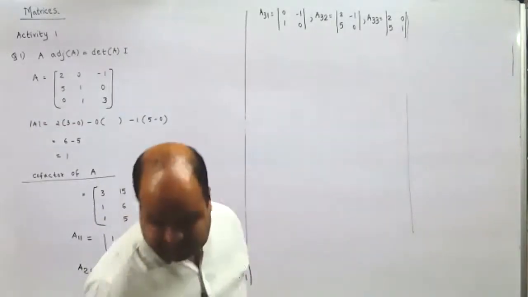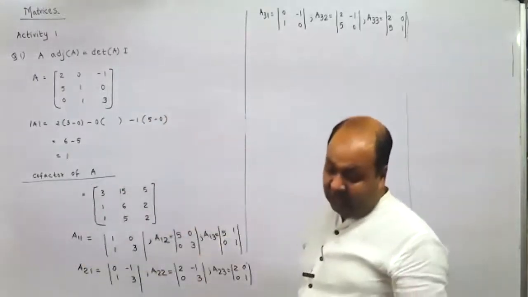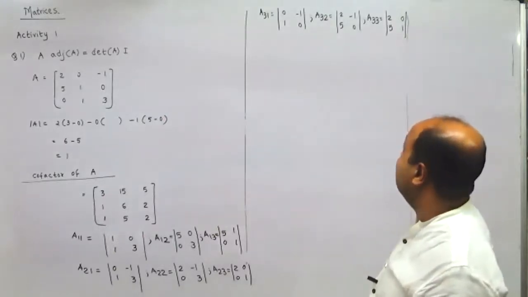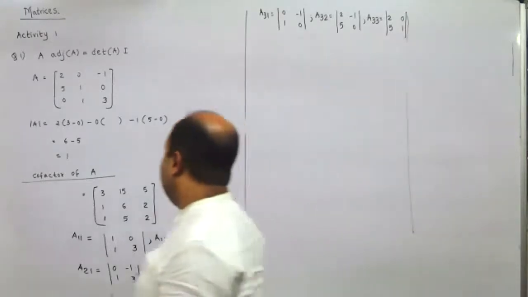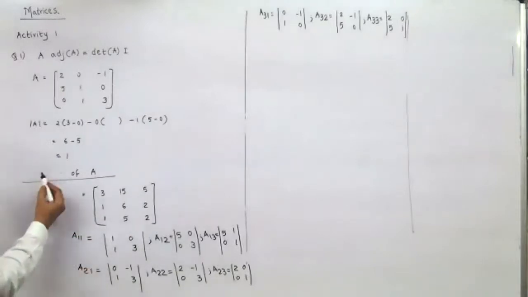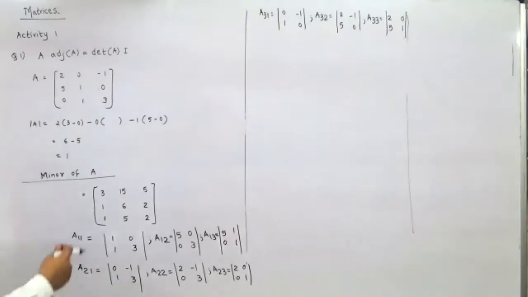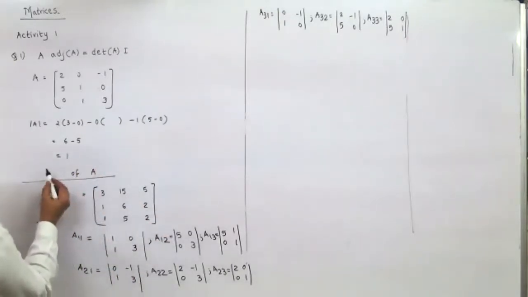Here, this would give you cofactor. So you have got A11 and A12 and all. Now, oh wait, sorry, this is minor of A. The first one is minor of A. When you are supposed to find, this is minor of A. Now, if they have asked you directly cofactor, first step is minor, then cofactor. When they ask you minor, this is how you find it.